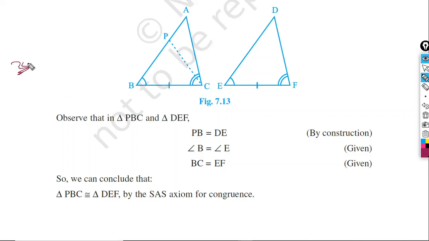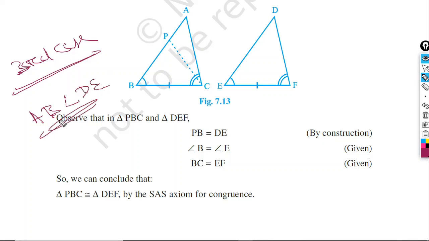Now we'll move to the third case. What is the third case? The third case is AB less than DE. AB small, DE will be larger. Now in that case, we don't need to prove it again, as we have proved that when AB is greater than DE, in that case P and A points are the same.